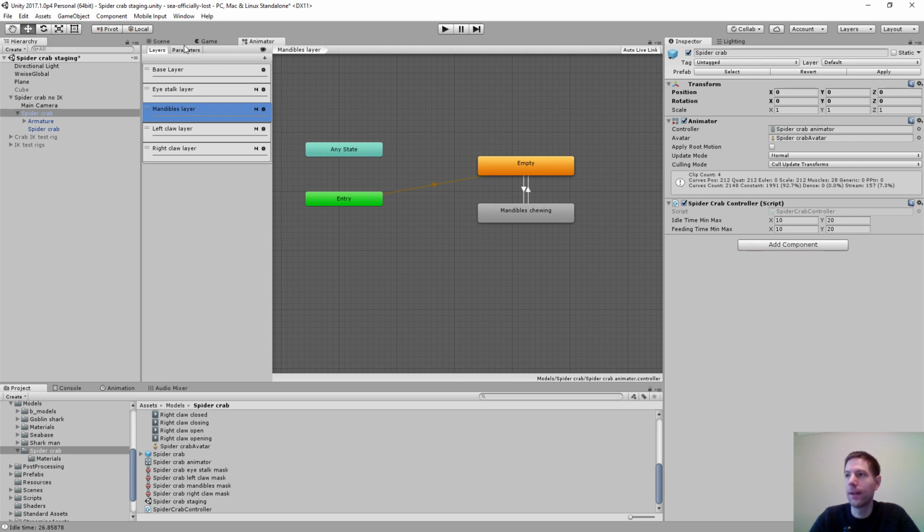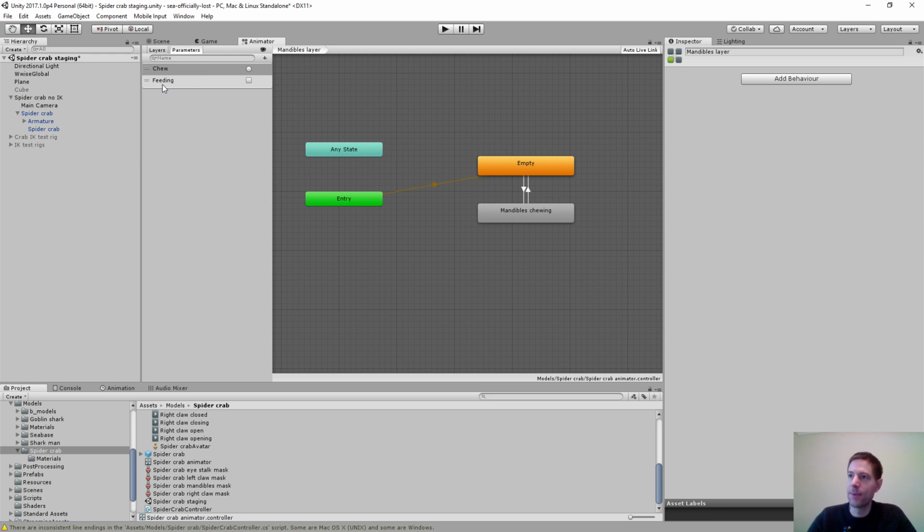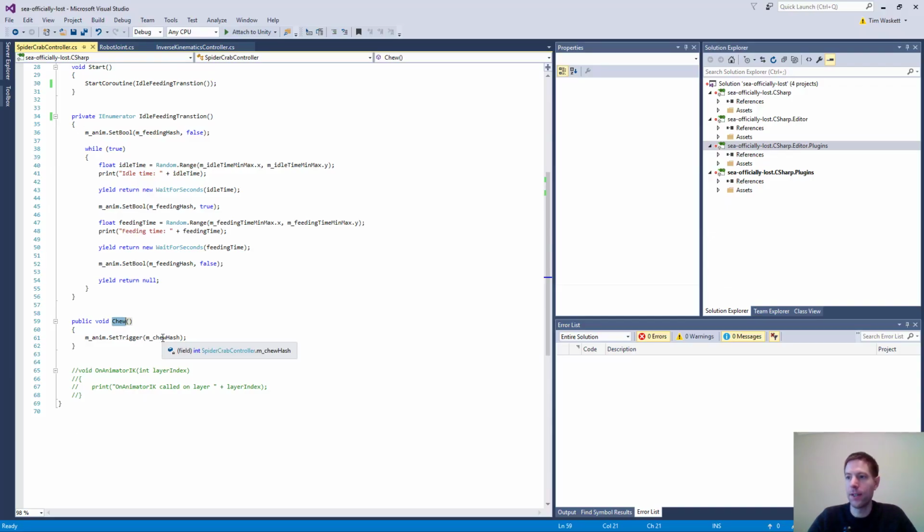What's it doing? I think it's just compiling. I suspect my laptop's going to struggle with streaming and running Unity at the same time. So yeah, here are the 2 parameters: the chew trigger and the feeding boolean. And so when that script fires the chew trigger,